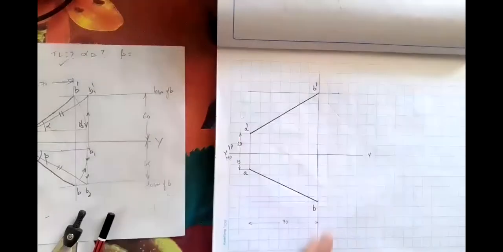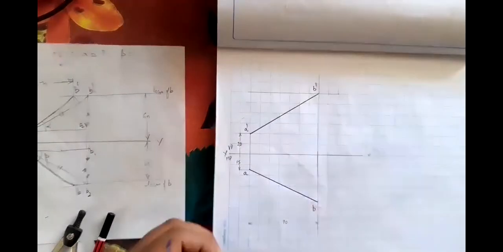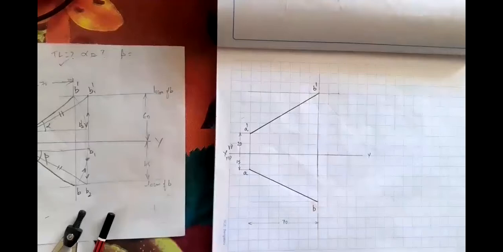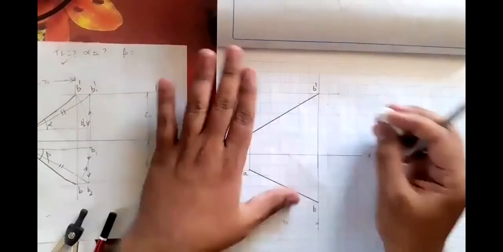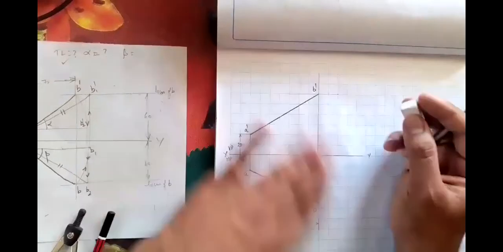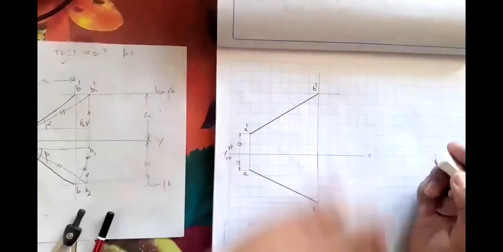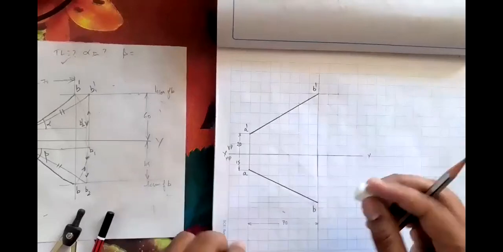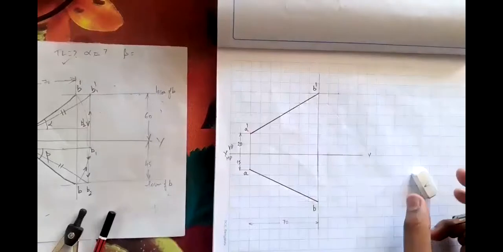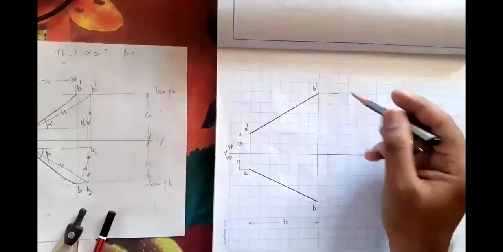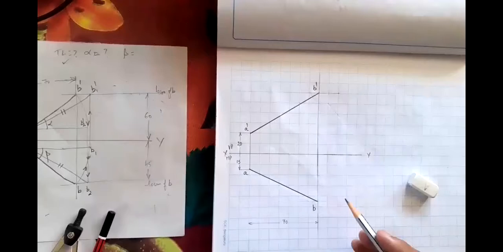Extra lines are not necessary. You erase the extra lines. Beyond B dash there will be nothing else. No other line, no other projections or anything else will come here. Because the true length will be more than this front view, and the true length will be more than this top view on HP. So obviously somewhere here only the true length will come. So the front and top views are lesser than the true lengths.